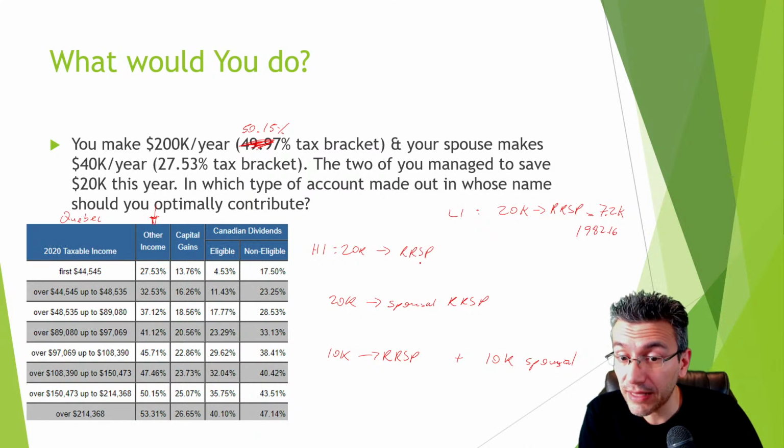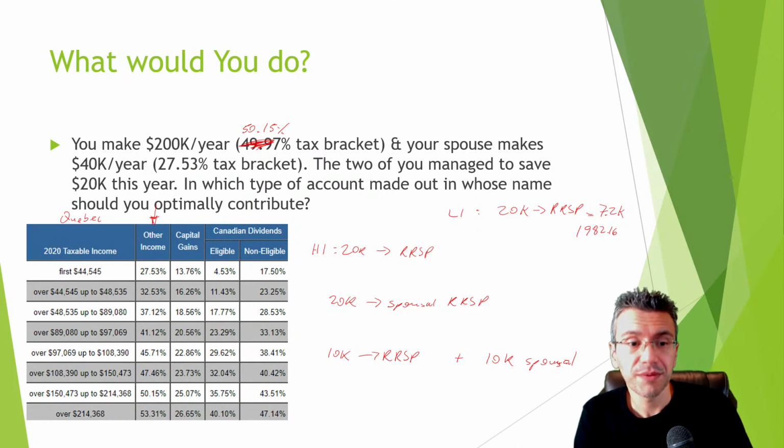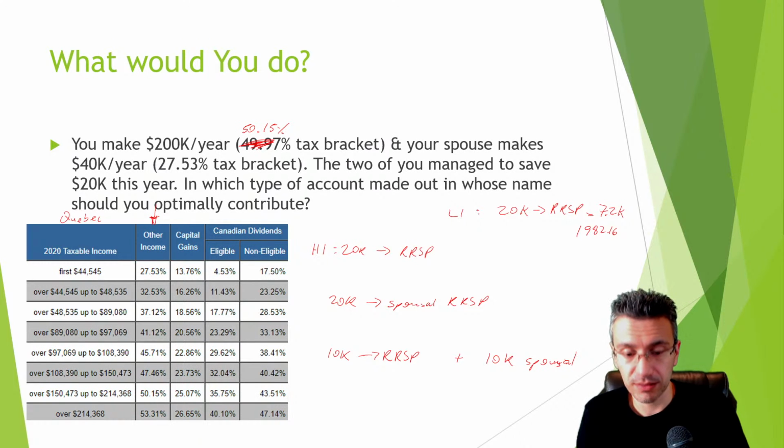So if they contribute 20,000 inside of a standard RRSP, are they allowed to contribute 20,000? Yes, they're allowed to do that. So at that point, they would get a 50.15% tax refund, so 0.5015. That means they would literally on that 20,000 get a full $10,030. Whereas in this case, you would get 1,982, and then the higher income spouse would contribute 12,800